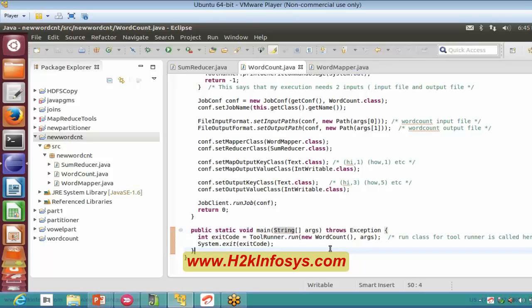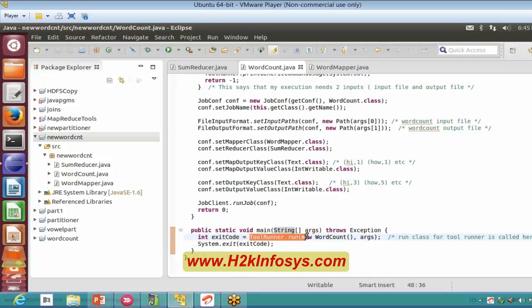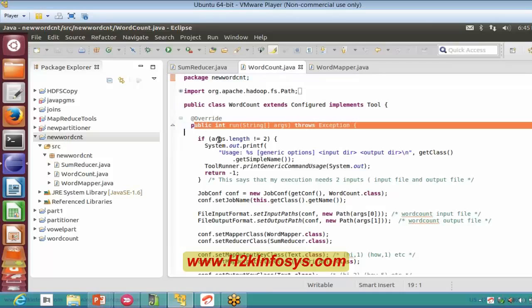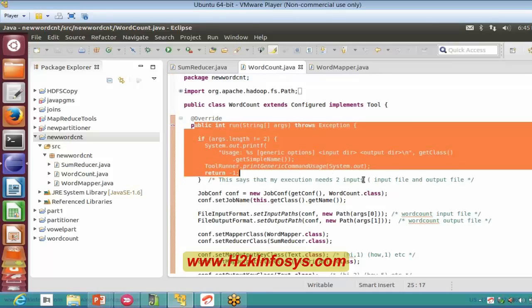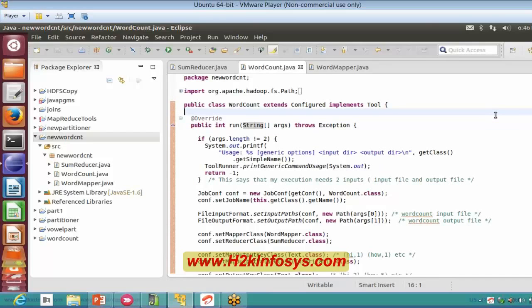What this particular code is doing is calling the ToolRunner class and asking it to do something. Here I had given ToolRunner.run, so that is the reason it goes into public int run. My ToolRunner is calling a particular step called run. Here I am checking if args.length is not equal to 2, that means if my arguments are not equal to 2, then I am trying to throw an error. But exactly what ToolRunner does is,